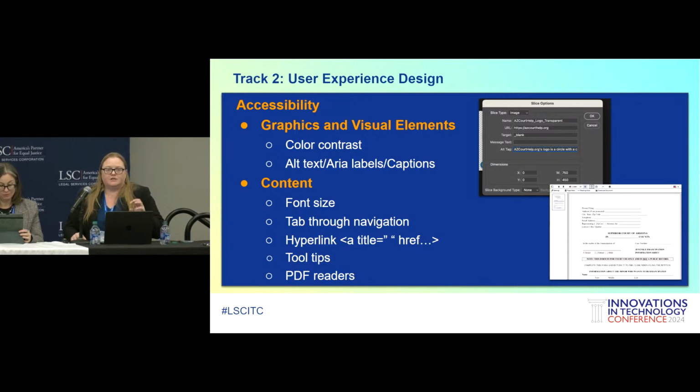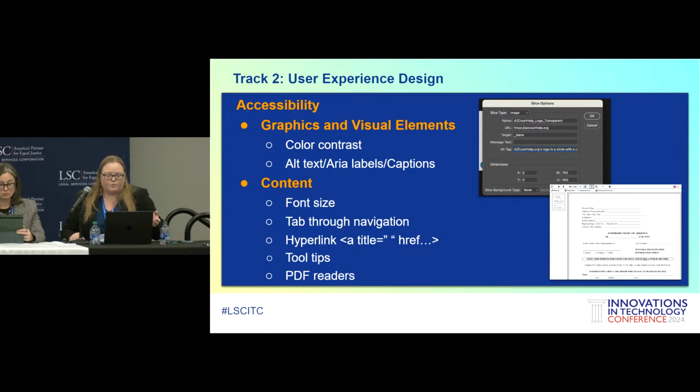One thing that we are getting much better at with every website is making sure that our hyperlinks have a title, so that read speakers tell the user where they are going as well as what the hyperlink is. So if I do a link to Adult Protective Services, I need our users to understand that that is hosted on Department of Economic Security's website. But I don't want to put Department of Economic Security, Adult Protective Services in a button, because that would take up way too much space. So if I throw that DES tag in the title, the screen reader will capture that.